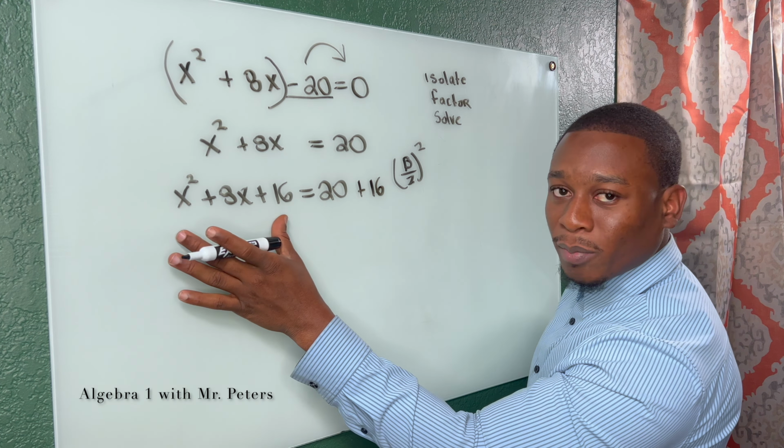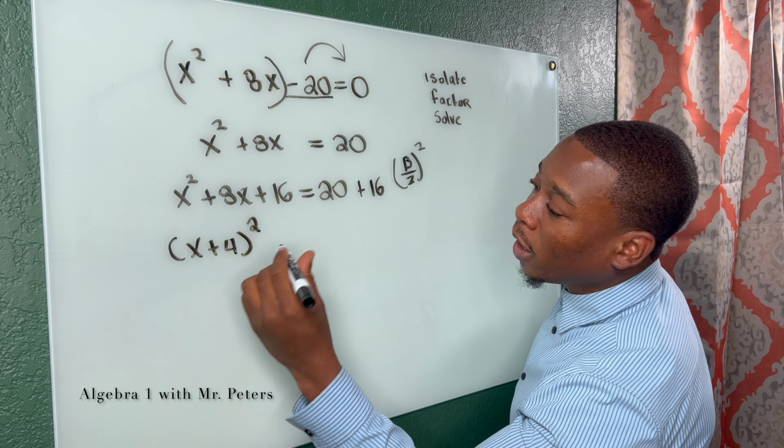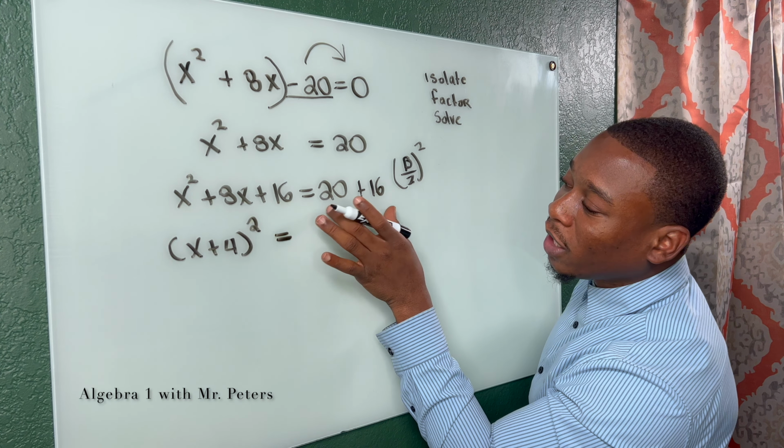8 divided by 2 is 4, so we know (x + 4)² is going to give us this trinomial, and it's equal to 20 plus 16, which is 36. Now that we've isolated the variables, and we've factored the perfect square trinomial and gotten the binomial expression, now we could solve. And for us to solve, the first thing we need to do is get rid of our exponent by